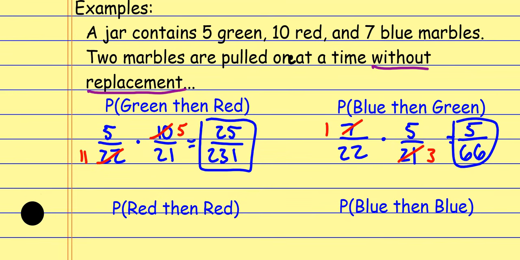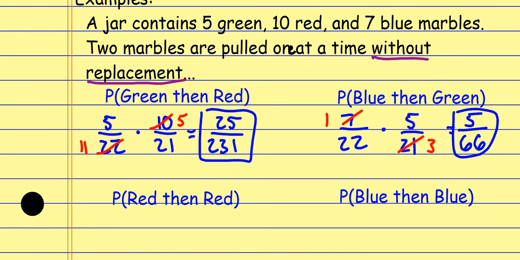This one, the probability of red then red. So again, the probability of a red marble, there are 10 red marbles out of 22 marbles total. But now imagine that I took out one of those red marbles. That means there's only 9 left. I took one out. So now the probability of a red marble is 9, because there's 9 red marbles out